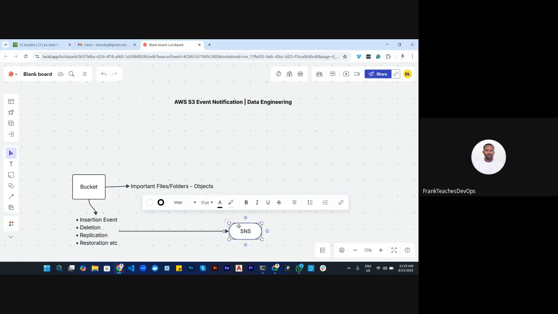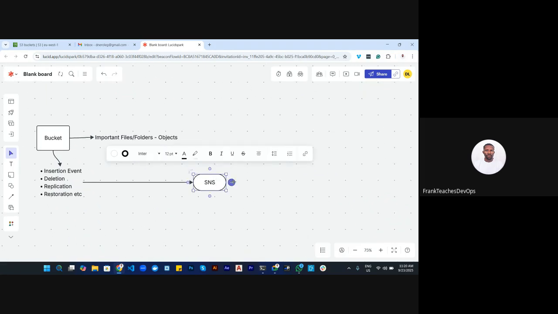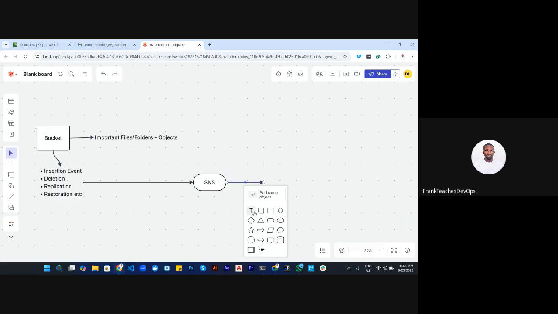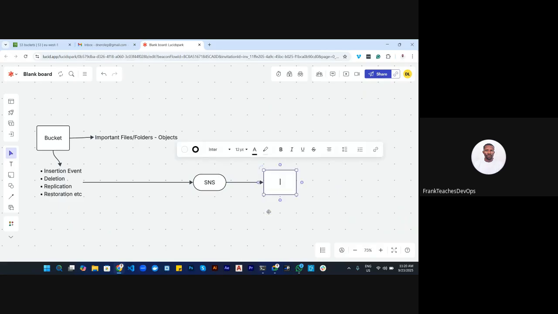a notification sent to SNS, which in turn will send an alert to your email. In this context, you're making use of email. There are other alert destinations, but in this context, email is very fast. So we'll make use of email. Now, any event that happens on this bucket,